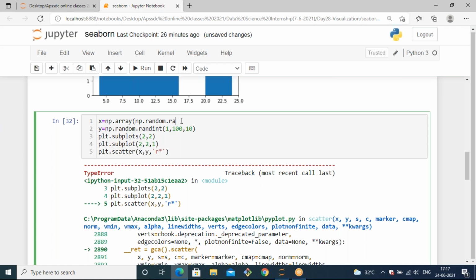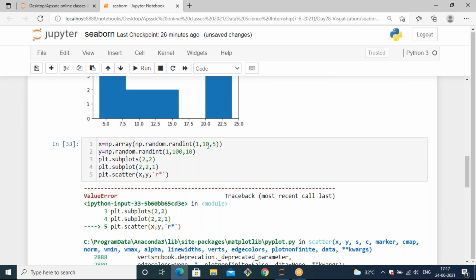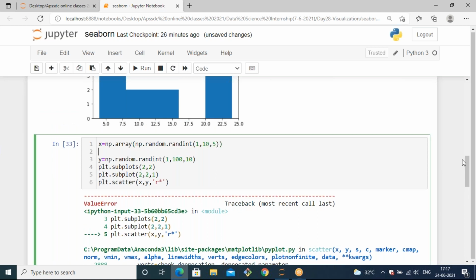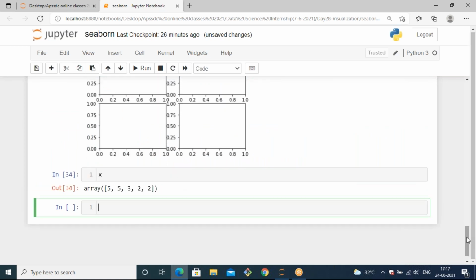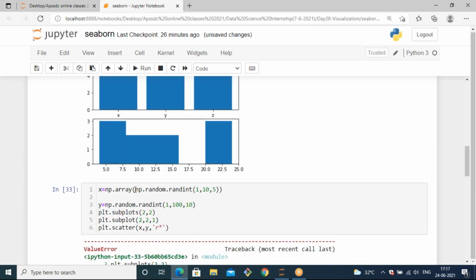Yeah, by using x and x we can do it because we have the same values in the x, but for scatter we need to specify some other attributes. So let's see some other possibilities. np.random.random, 1 to 10, 5. Yeah, we are getting an array in the x. So after generating random values, we store them in an array, so in that case also the array values are not the same.